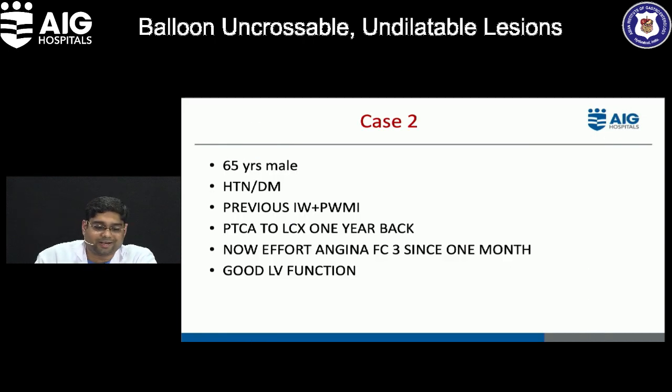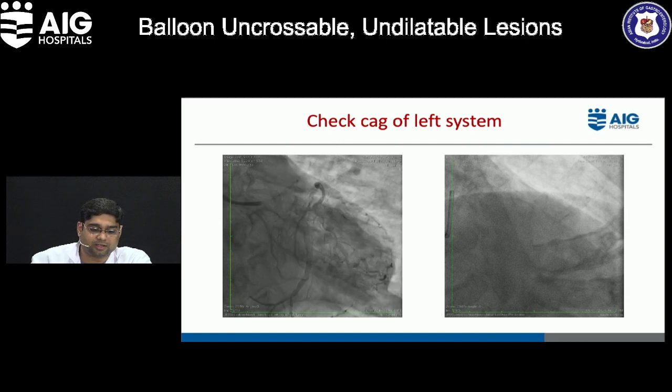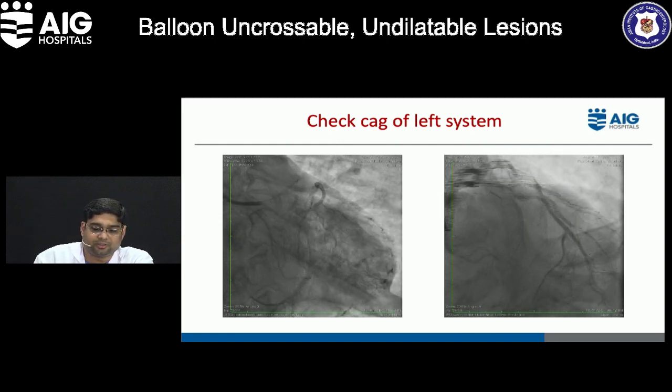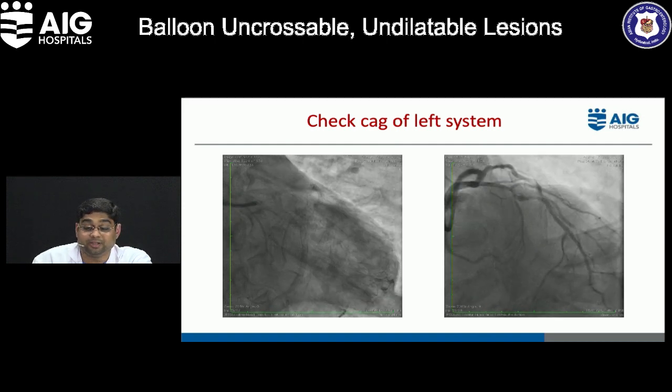Coming to the second case, a 65-year-old male, hypertensive, diabetic, with a previous inferior wall, posterior wall MI 1 year back, where he was stented to LCX. Now he developed new onset effort angina since 1 month. Echo is showing good LV function. So this was the angiogram, left dominant system with patent stent in LCX, and in the mid RCA,